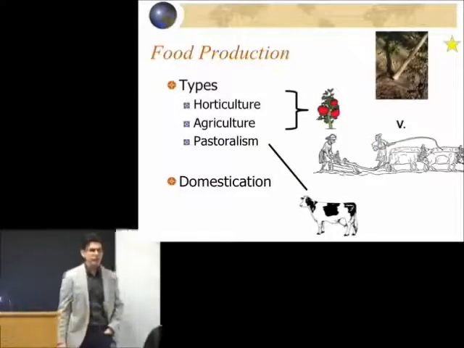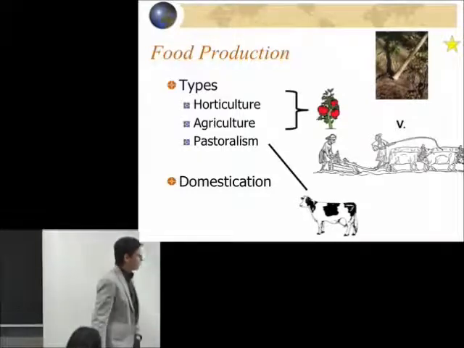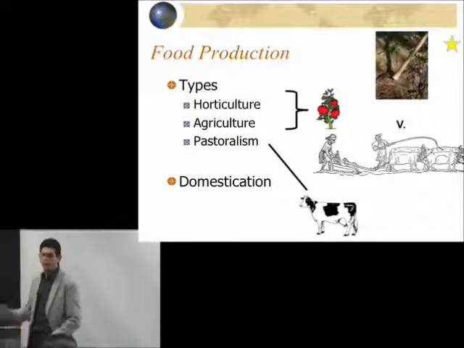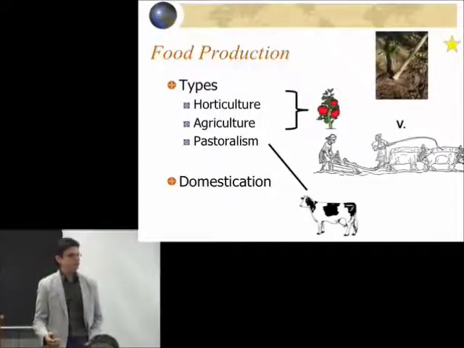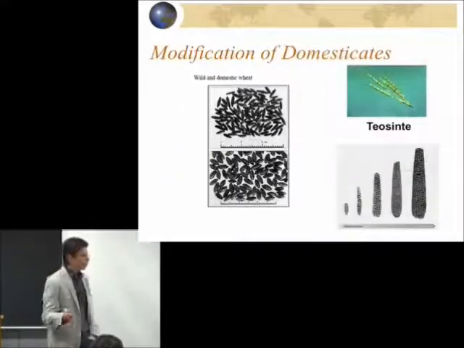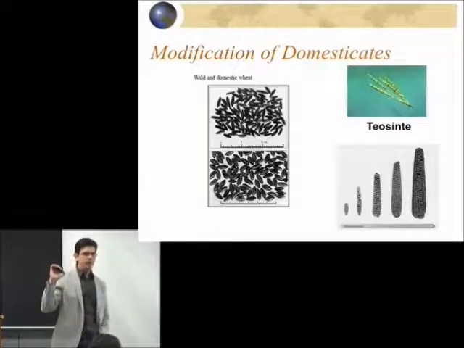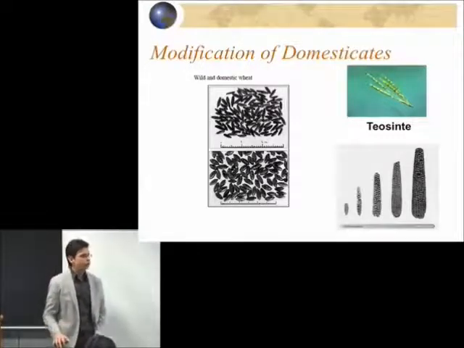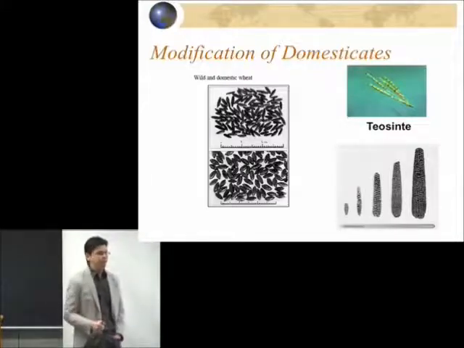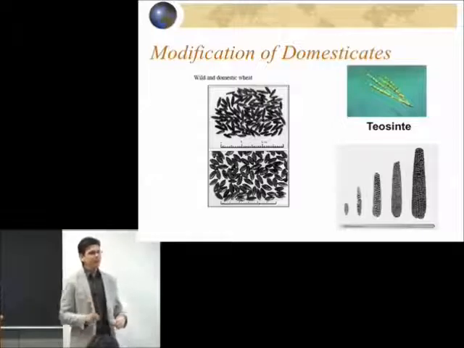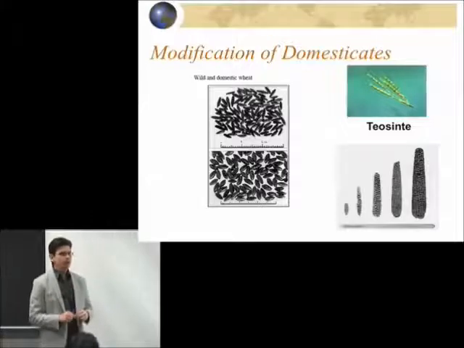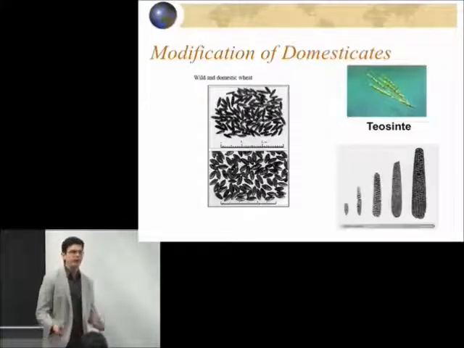Probably the key term here is this one on the bottom of the screen, domestication. Domestication is the term for when these plants and animals have been modified to be used by human beings. So it's important to keep in mind that the ancestors of today's cows and the ancestors of today's wheat and corn are plants that occurred naturally in the landscape. Human beings didn't invent these things, but they didn't look like they do now before human beings started messing around with them. Human beings, because of their interactions with these plants, have actually changed them.